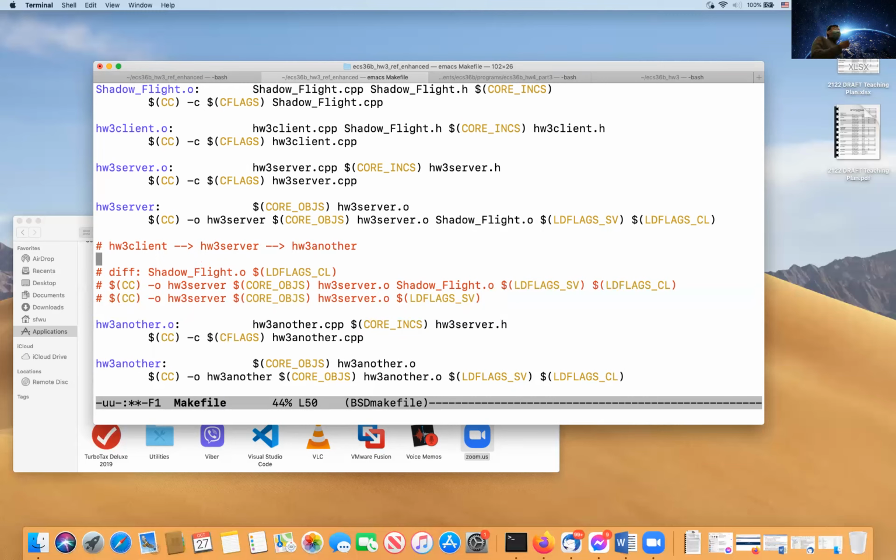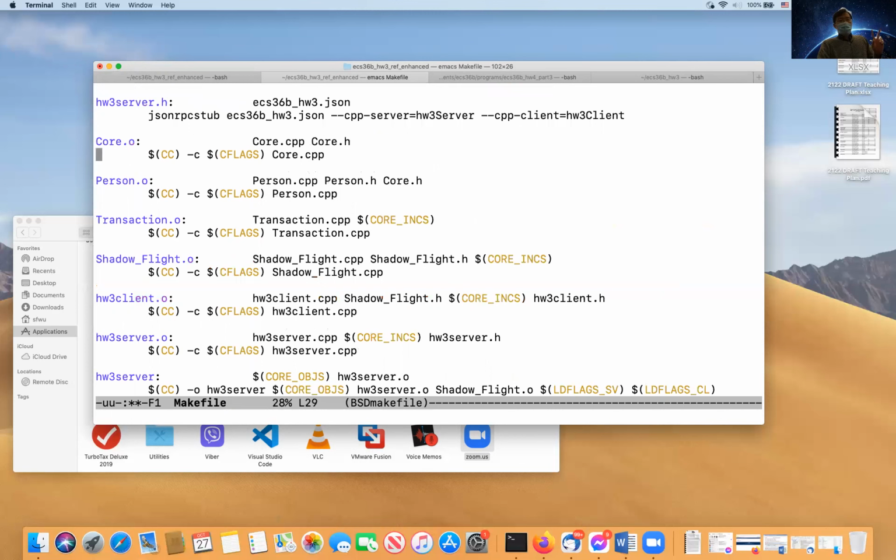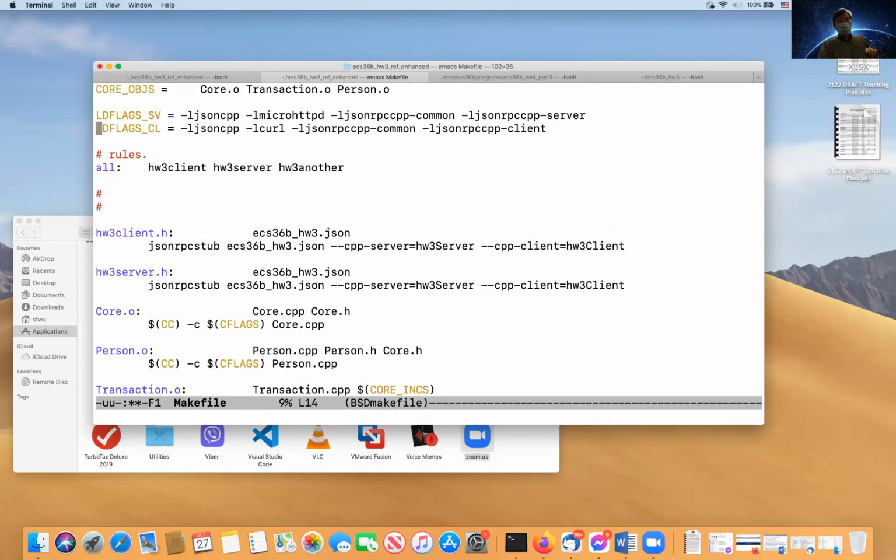So because he has a dual role, it needs to link all the code to support that client. That's why they need to include the library of CL. CL stands for client. If you look at the makefile, I have two places, one is client, one is server. CL is a client library. If you want to do a JSON RPC client library, you need to include this part. But if you want to do server, you include this part.